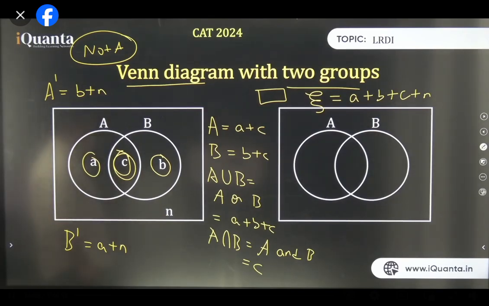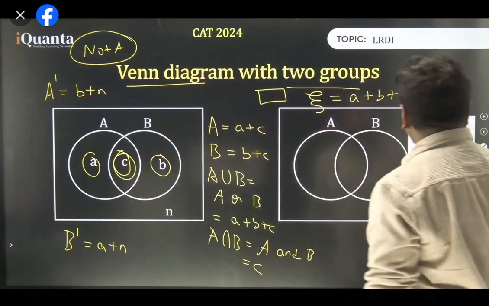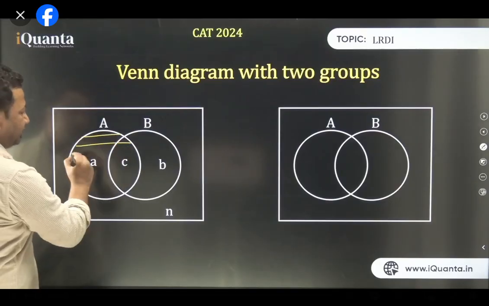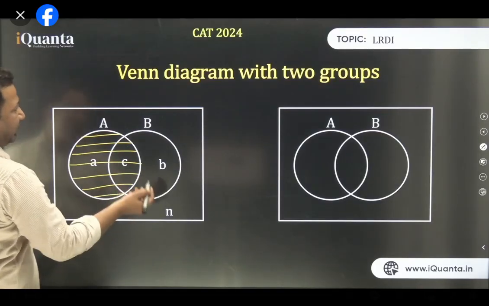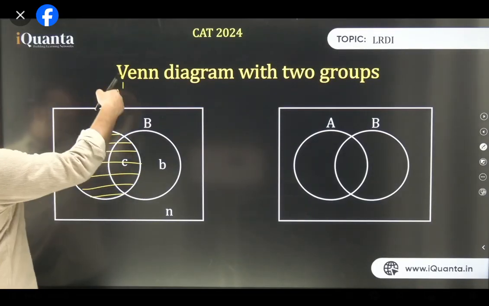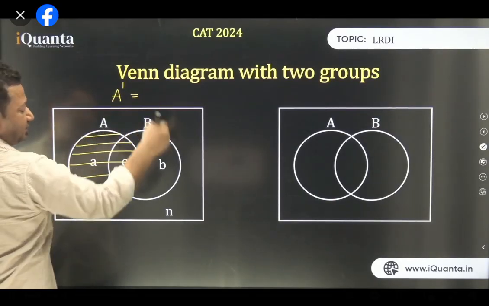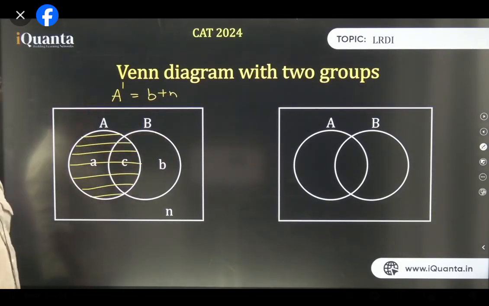So all of you, I'll wait for a minute. Absorb all the information. Once done, we'll move ahead. Harshita, not A, the things which are not there in A. When I say not A, see, all of this is A, right? Not A is represented as A complement. I put a dash over A, that means not A. So all of it which is not in the yellow background will be not A, that is B plus N. All right?